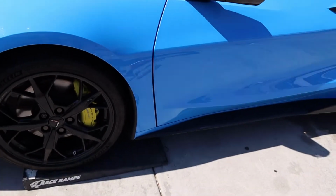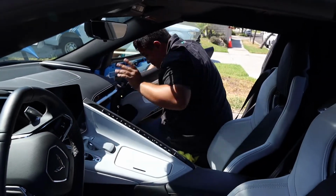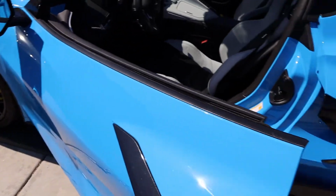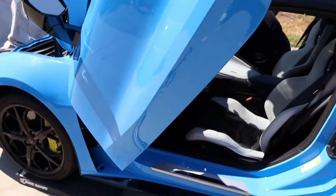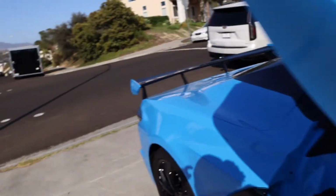Here you guys can see how it looks from the outside with the door closed. Adrian went ahead and started working on the other side to get that out of the way. But here, door opens up all the way up, and there we have it. A few moments later. Now that we got both doors installed,